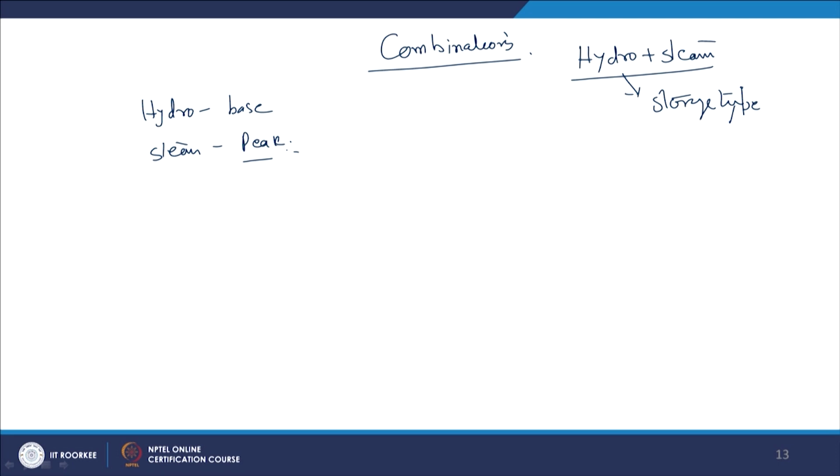right. During drought period, when there is no water, the situation may reverse. The steam power plant may become the base power plant, and the hydro plant, because it is generating less power, may become the peak load power plant. But we should remember that thermal power plants are costly to run as base load power plants, right, if you compare with the hydro power plant. And if you want to have predominantly hydropower plants, then you have to go for runoff type of runoff river plants.